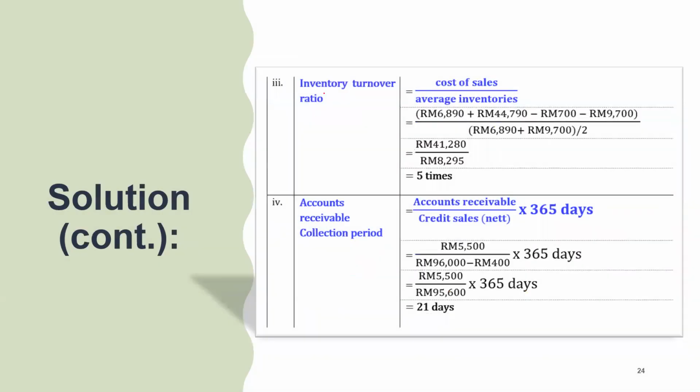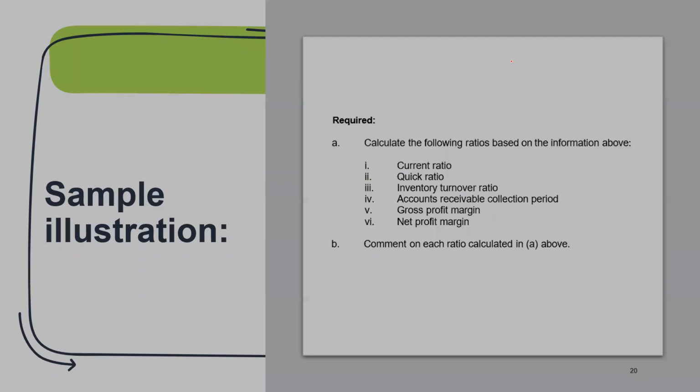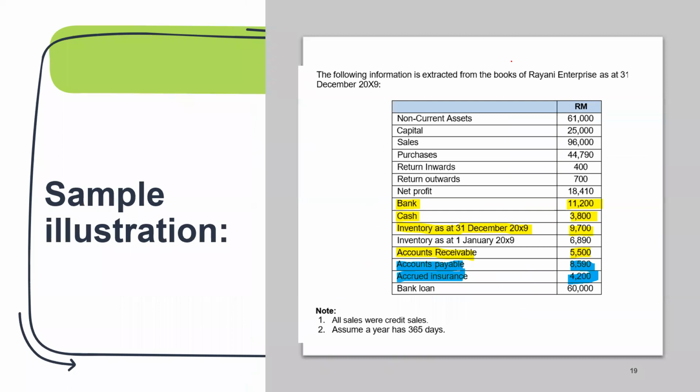Okay, the next is to calculate the inventory turnover ratio. The formula is cost of sales divided by the average inventory. So how to find the cost of sales? Let us look at the question. Okay, the cost of sales is not given. So to find the cost of sales, we have to